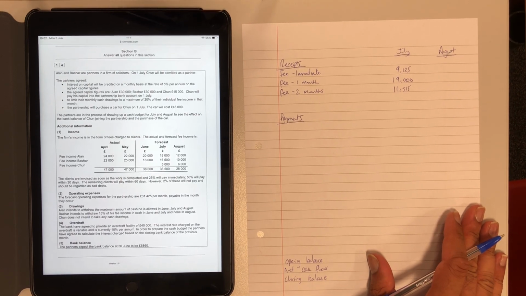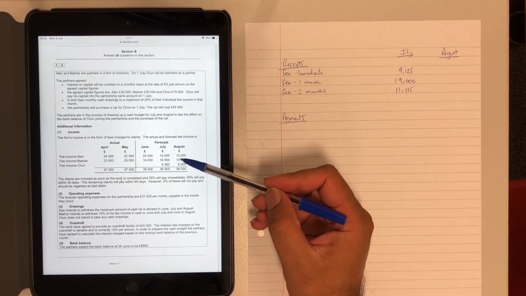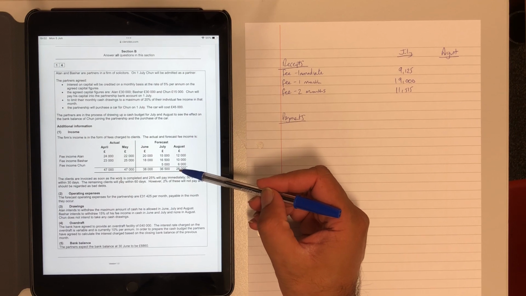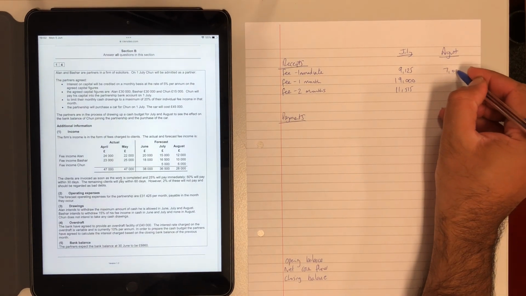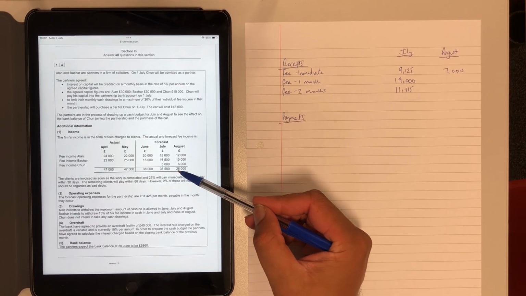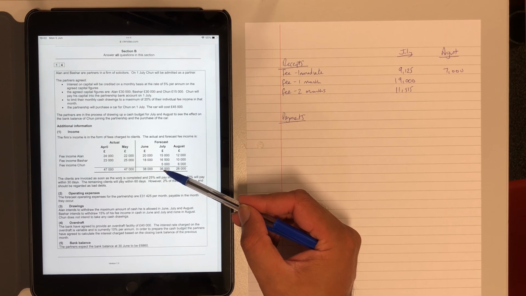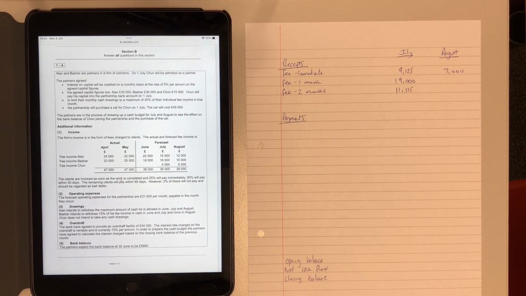Now let's do the same for August. So you can pause the video if you want and have a go yourself. I'm just going to talk through this. So in terms of August, £28,000, 25% is coming in straight away. 28,000 divided by 4, so 7,000 is coming in straight away. 1 month, we've dealt with that. 36,500, 50% are going to pay in the month of August. So people that buy in July, half will pay in the next month. 50% will pay within 30 days, meaning next month. So we can half that. 36.5 divided by 2 is